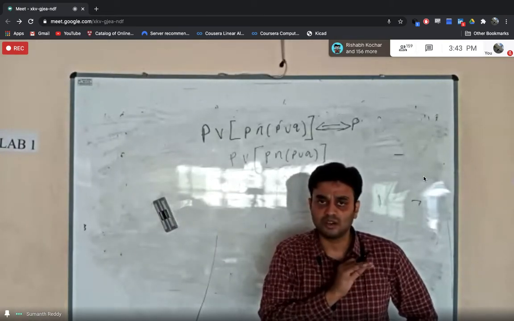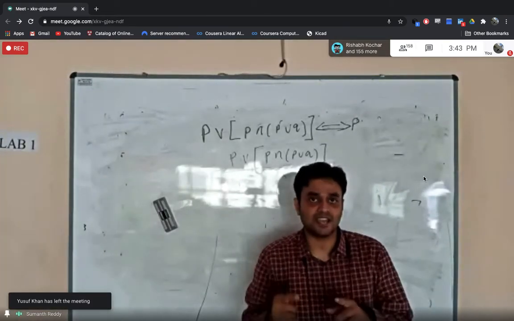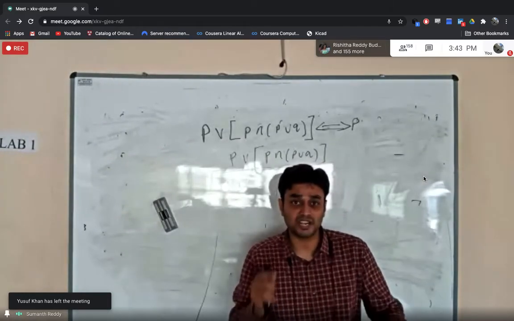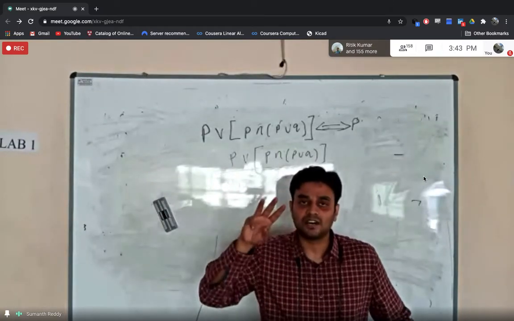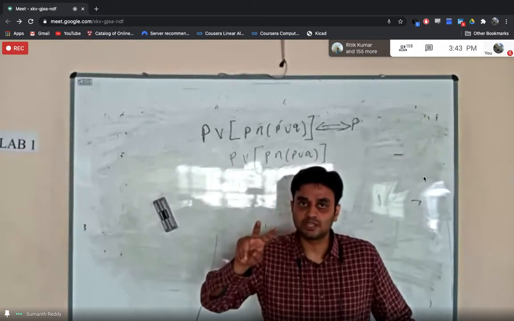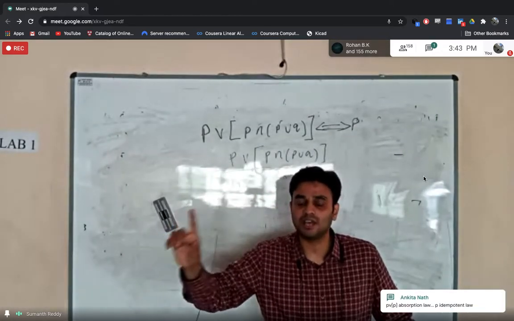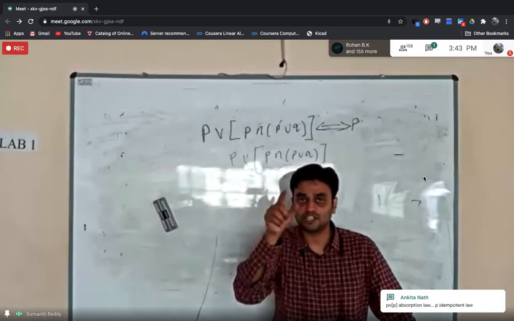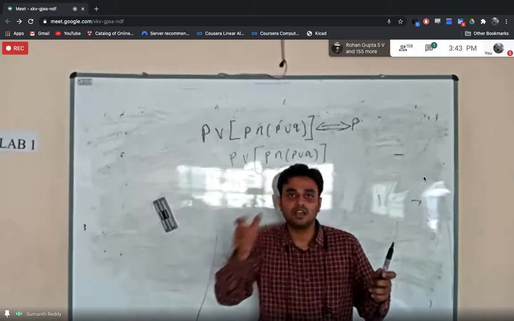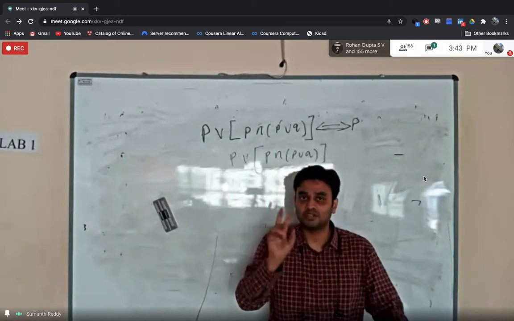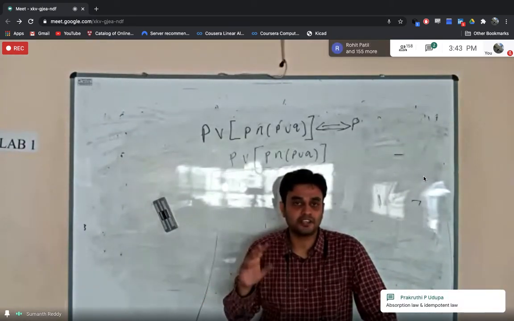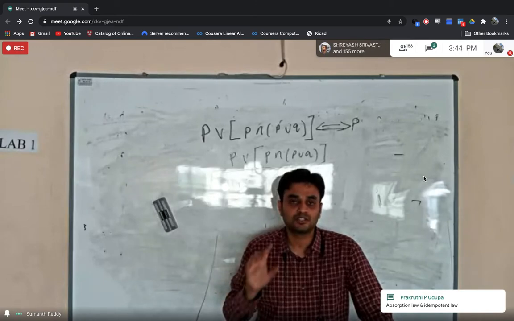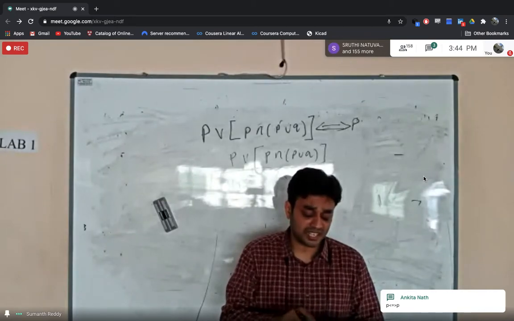But if you solve problems, and remember the simple, silly tricks I have told you, easily you can solve. What I told: if you have three propositions and two symbols, and the symbols are the same, go with the associative law. If the symbols are different, you will have confusion about applying the absorption law or the distribution law. Absorption law, if two propositions are same. Distribution law, if the symbols are different and the propositions are different. Fine. If you know these simple things, then you can solve any problem.